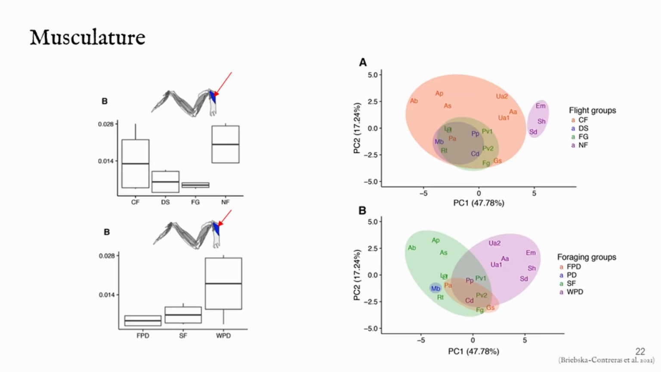And now for our last muscle of interest, we have the supracoracoideus. This is the upstroke muscle in all birds. Unsurprisingly, since powering the upstroke becomes more important in swimming, the supracoracoideus is clearly enlarged in penguins, whether we look at just the penguins through NF or wing-propelled divers in general, all of which obviously need a strong upstroke for swinging their wings. And on the left here is a principal component analysis of all the different muscle sizes